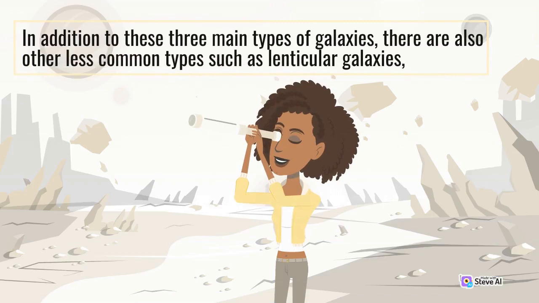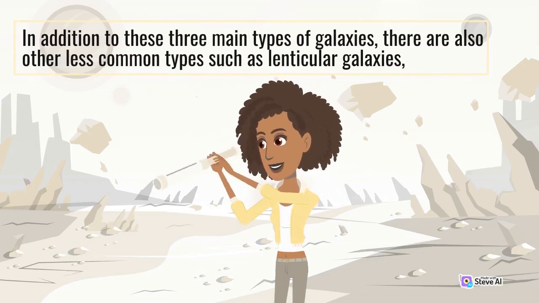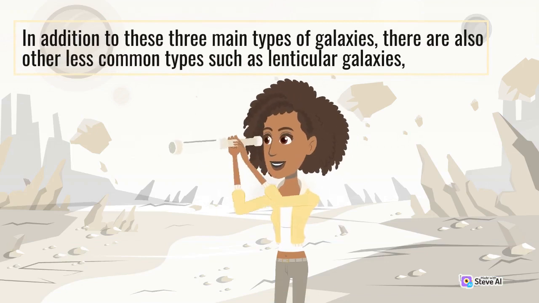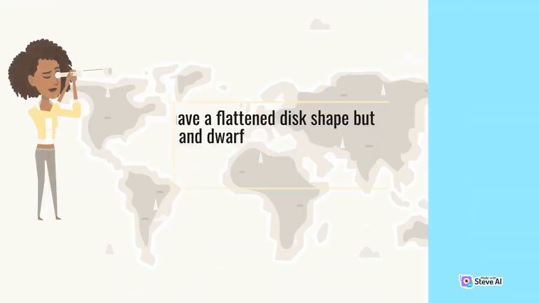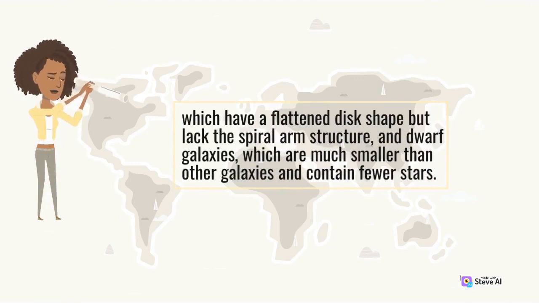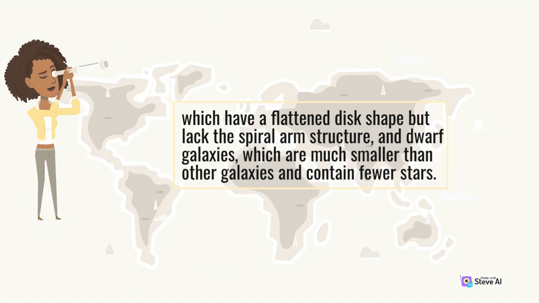In addition to these three main types of galaxies, there are also other less common types such as lenticular galaxies, which have a flattened disk shape but lack the spiral arm structure, and dwarf galaxies, which are much smaller than other galaxies and contain fewer